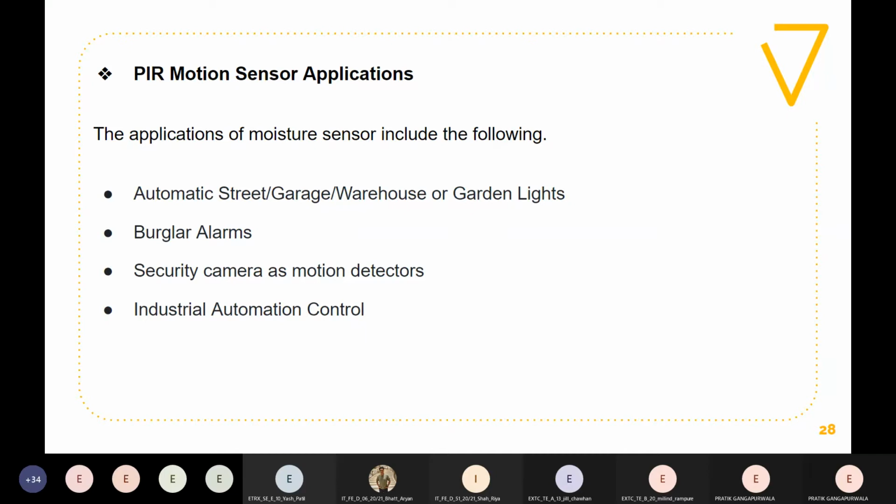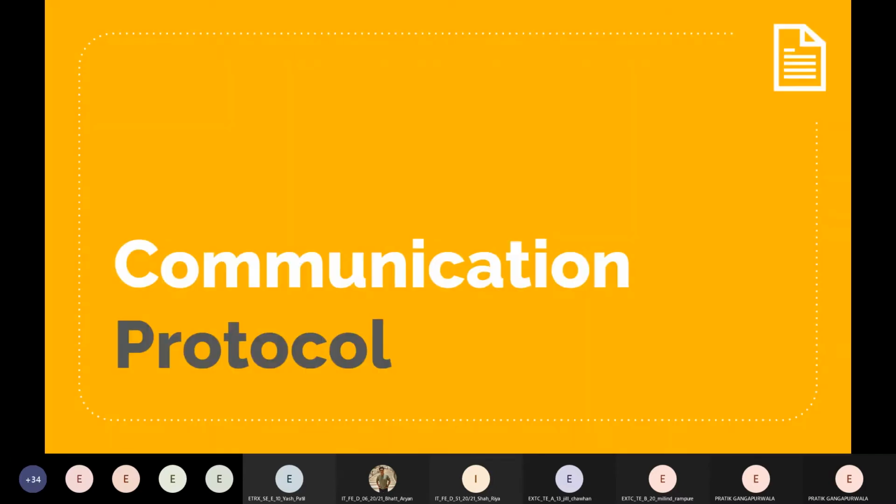Another application is the burglar alarm. If valuables are kept in a safe and thieves come and take them, the burglar alarm can be used. Then security cameras as motion detectors, and industrial automation control also has great uses.